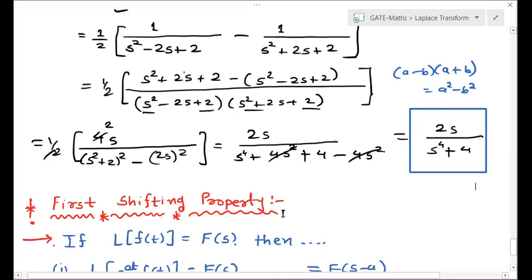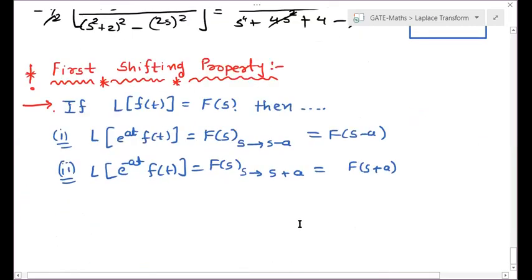Now let us see the second shifting property. Okay. So for GTU students, you can see the proof of this first shifting property on your own. If you are not getting anything in that, you can ask me, because in its formula only, I can give you a hint for this proof. So what is your formula of Laplace transform of f of t? Right. So let me give you a hint for its proof.